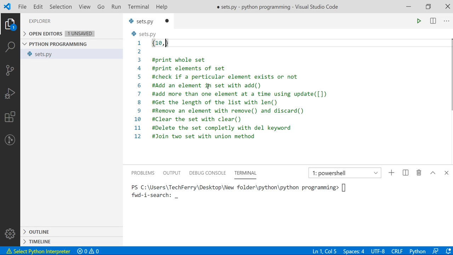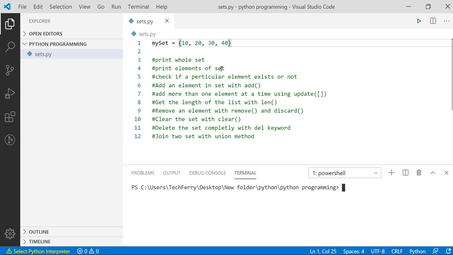So we will define a set over here with 10, 20, 30 and 40, and I will assign this set to a variable called mySet. You can give any name to this variable. Just for better understanding that we are assigning a set, I am giving it the name mySet. So if I print it,